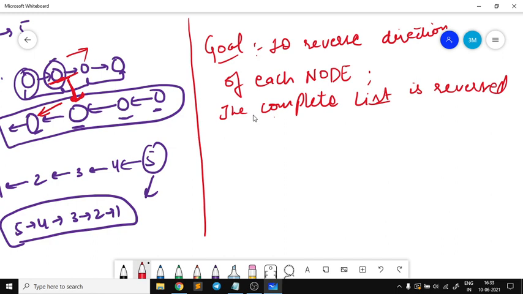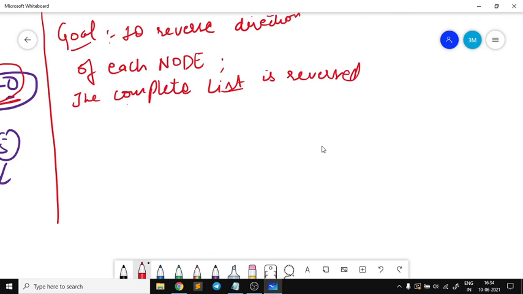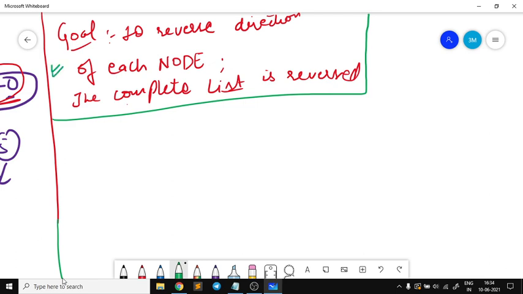I hope you're also analyzing the fact that if I'm changing the direction of this one, and then I'm changing the direction of this one, in the end they're all part of a single linked list, right? Correct. So if I merge them one by one, my entire linked list will be reversed. Correct. So let us now look how we'll be doing that. So just keep this idea in your mind, right?